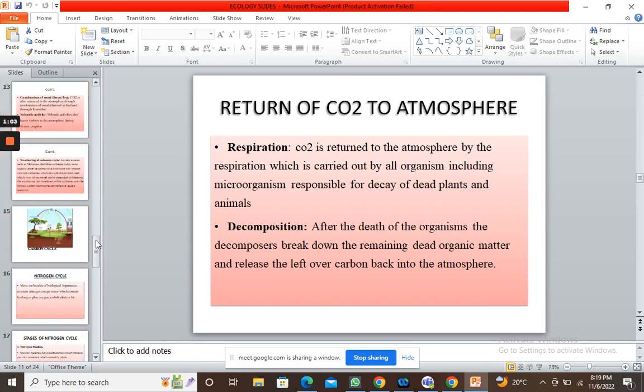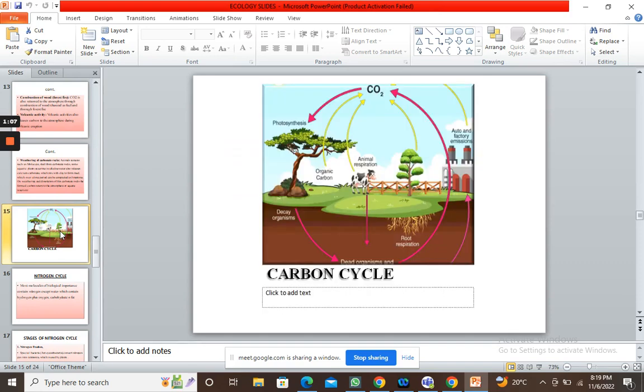So let's look at the carbon cycle itself. Okay, there it is. This is the carbon cycle. We have those stages that carbon can either be removed from the atmosphere or returned to the atmosphere. We have the first one, it is photosynthesis. This is the way that carbon is removed from the atmosphere